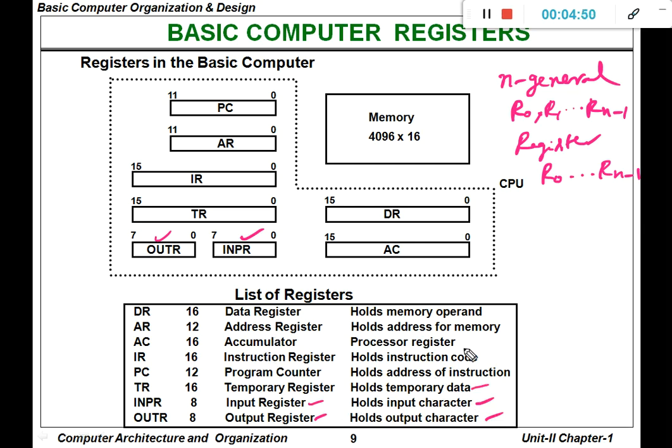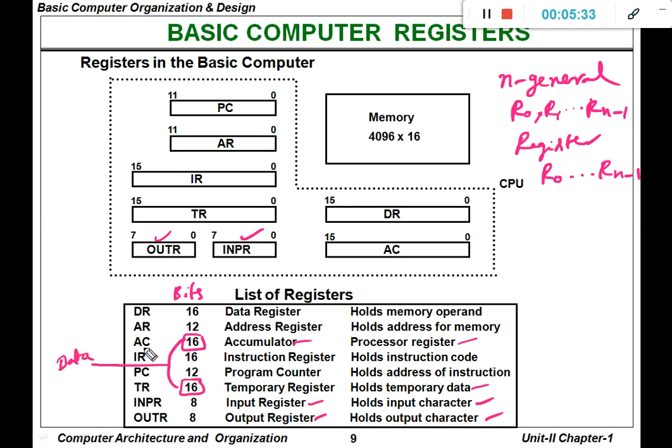And we have discussed the accumulator register, which is going to store the processor register content. It is also used to store the data used for performing either arithmetic operations or logical operations. Here, if you observe the number of bits needed, the accumulator register needs 16 bits, and the input register and temporary register need 16 bits. So these are generally used to store the data.